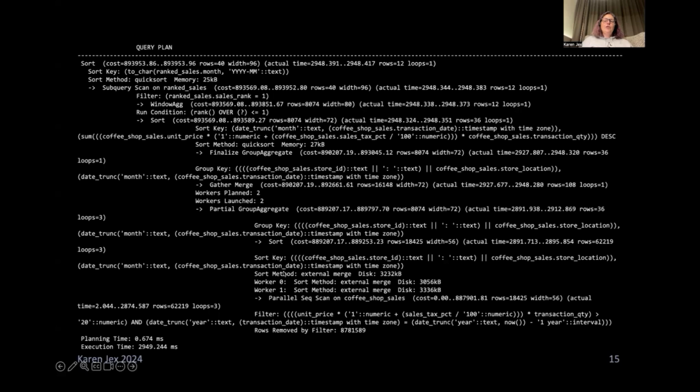And this is the execution plan that I got back from that. You don't need to read all of this and you don't need to understand what it's doing. It's just to show the kind of information you might get back. And I've pulled out the key details from this on the next slide.